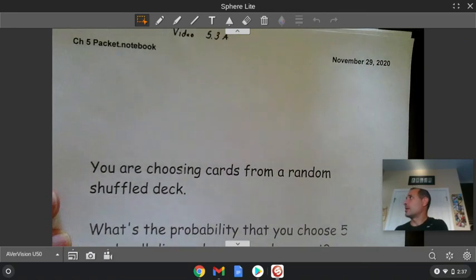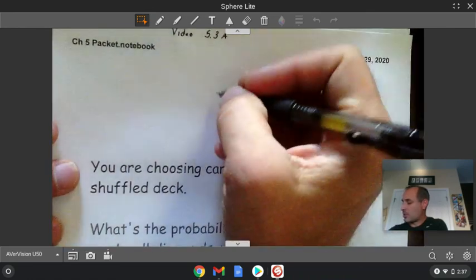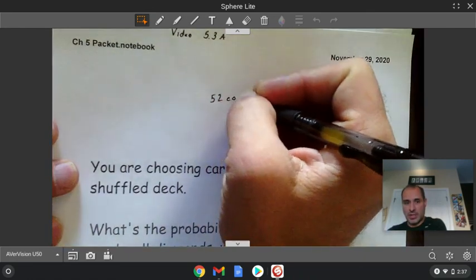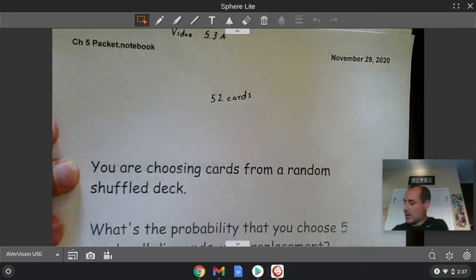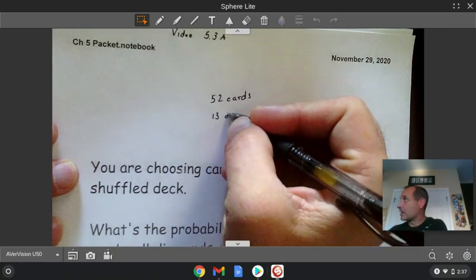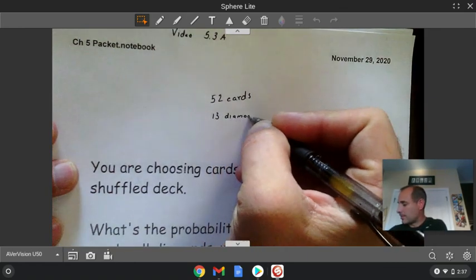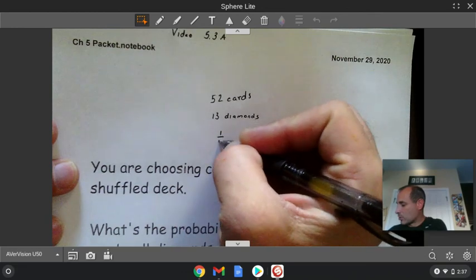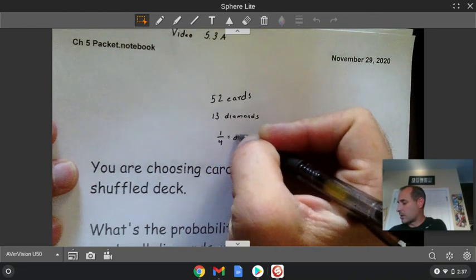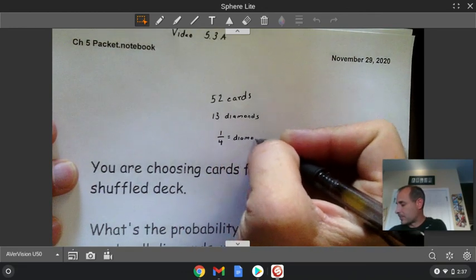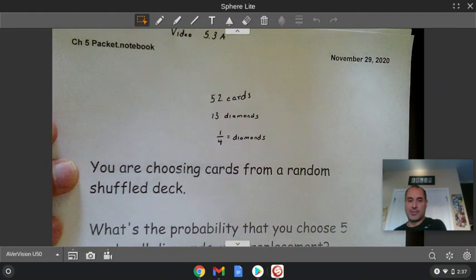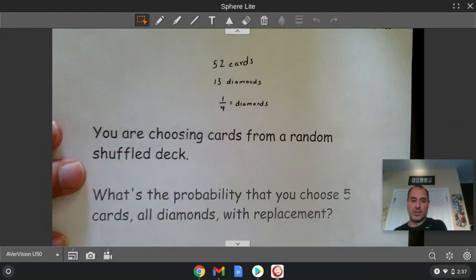Okay, so if we think about a deck of cards, there are 52 cards in a deck, and there are 13 that are diamonds. So a quarter of the deck are diamonds. Okay, now if we're looking for the probability that you choose 5 cards, all diamonds, with replacement, then that means